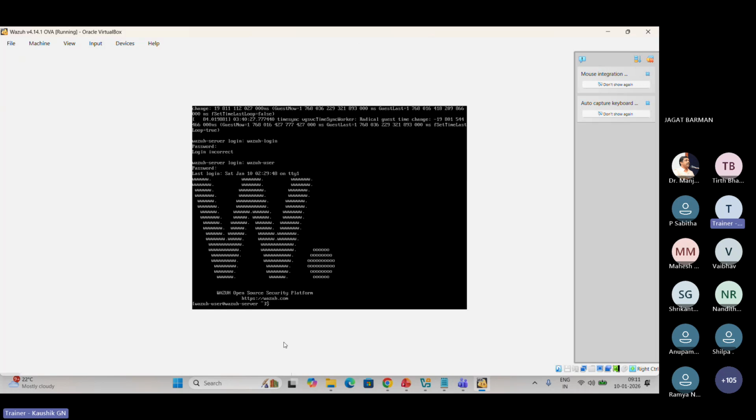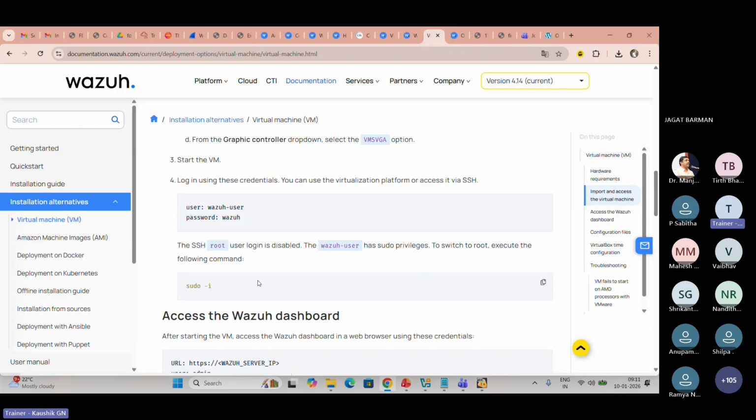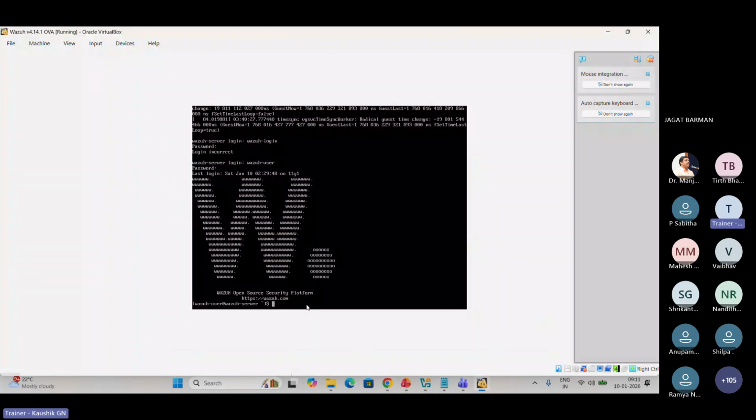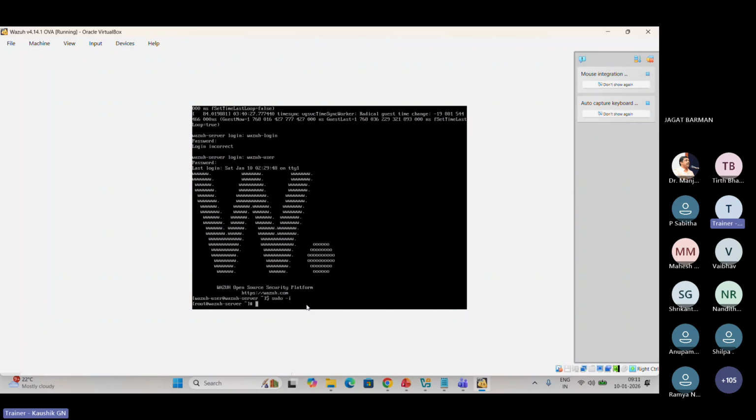Yes, your machine is ready. You should get this window. You will get the user, but you need admin access. For that, as you know, sudo -i. Yes, now I am root.